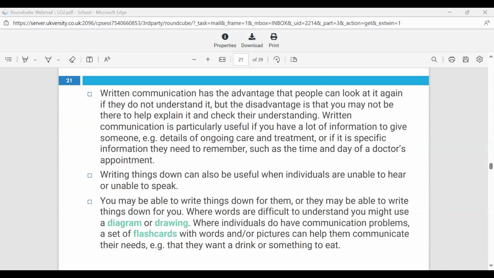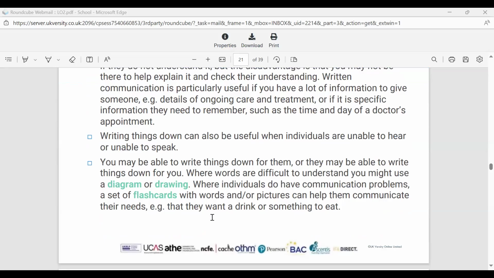Written communication, again, is really important, especially in health and social care. It's where you're conveying information using written words, using emails, letters, memos. It could be care plans. Why is written communication so important in health and social care? Do you need to look at written communication all the time to refer to it? When you're looking at someone's care plan, that's written communication, isn't it? Yes, you are referring to that all the time and making sure that you are on top of things.